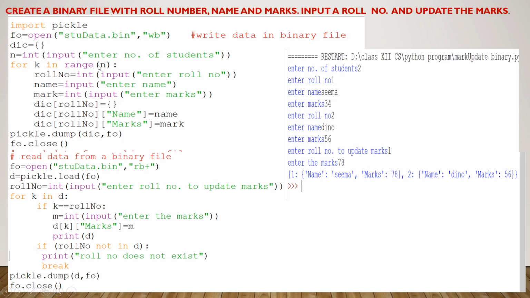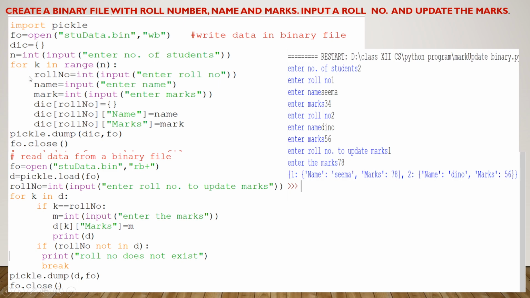So if the user passes 2, like I have already written 2 here, then it will create a range of numbers up to 2. So starting from 0, it will create the range up to 2, but 2 is the stop value, so it will not include 2. So the range is 0 and 1. From this range, the value is going to be assigned to this k. So the first value is 0, so 0 is going to be assigned to k, and after assigning the value to this k variable, we will execute the statements that we have written inside this for loop one by one.